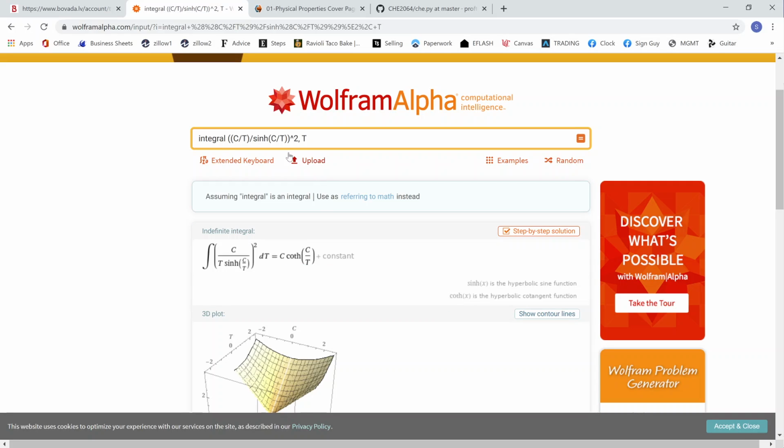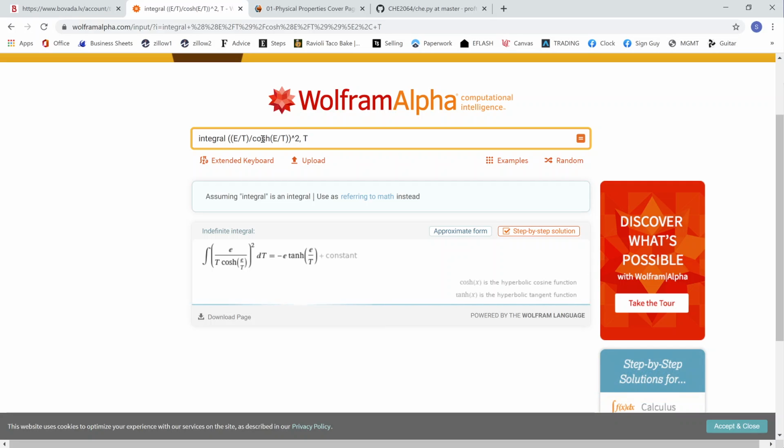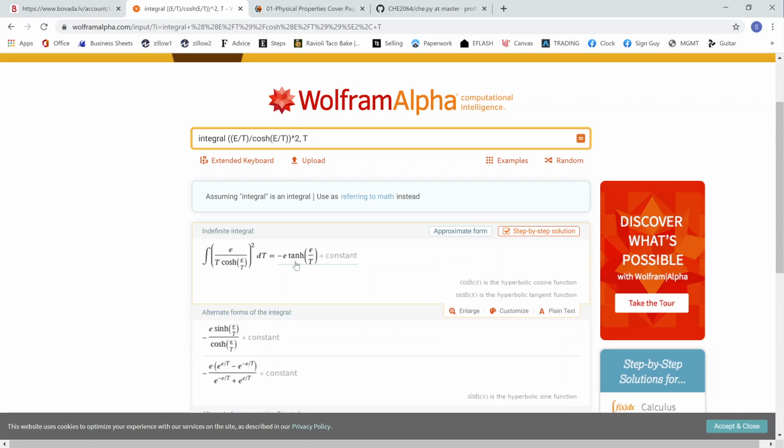So now let's integrate the next one. So E over T, and then hyperbolic cosine. And when we integrate this part of the expression, we get negative E hyperbolic tan of E over T. So going back to our equation,